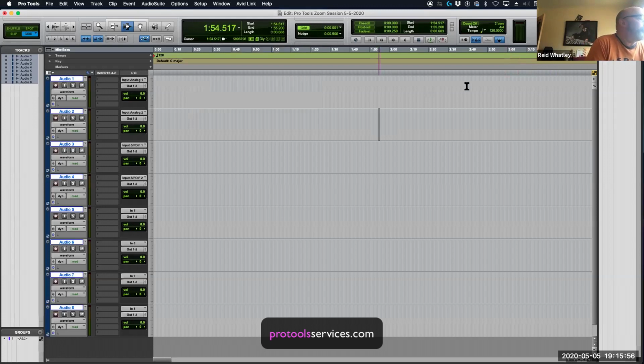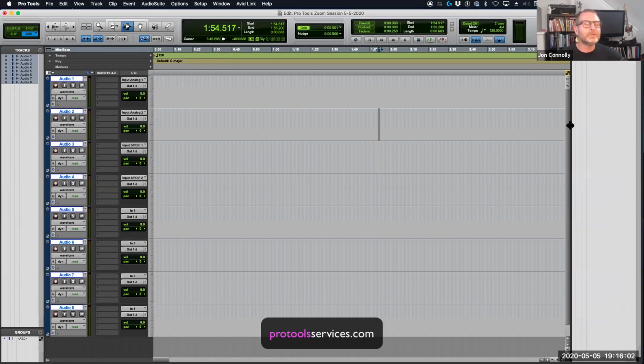Absolutely. Okay, so at the top of the screen, we covered all that, top of the edit window. On the far right side of my edit window is the clips list. So audio clips that I record or import will live here. MIDI clips will live in here, and video clips. I have the ability to import video into Pro Tools, and can do some very basic video editing.